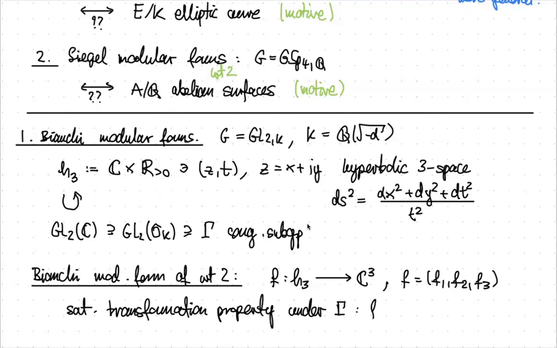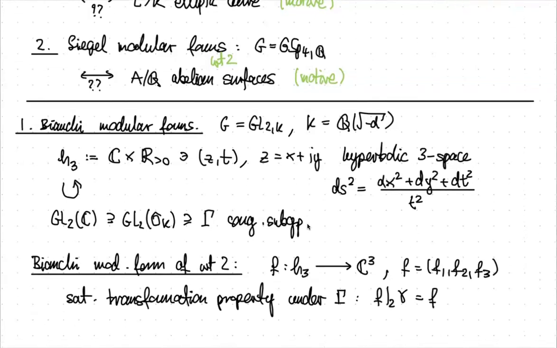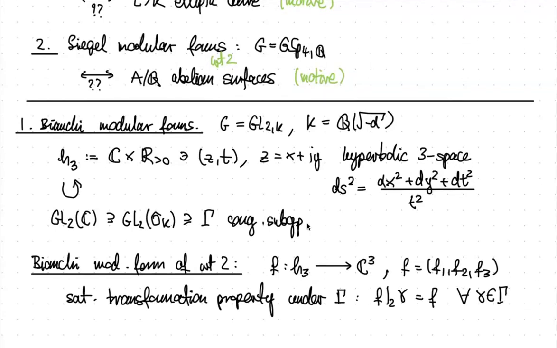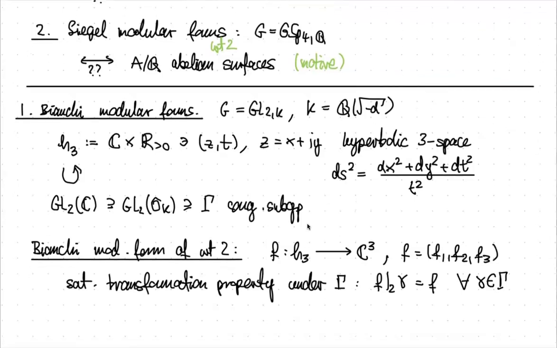Okay, I'm just going to write, it's a bit cheeky, that there is a slash action under which F is invariant. Then I'll tell you how you could figure out what the slash action is. So you should have some sort of slashing similar to modular forms. And instead of writing down exactly what it is, I'll tell you how you can figure it out.